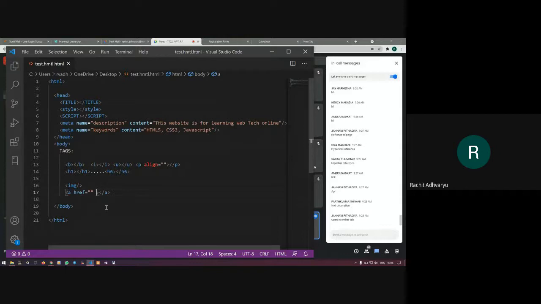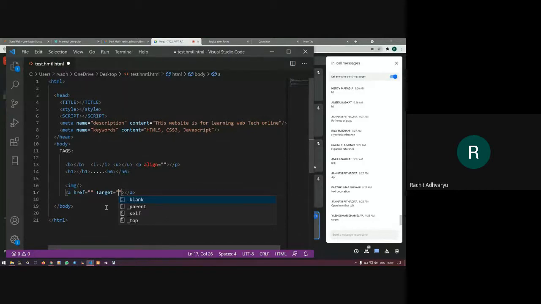So for that, we'll have a target property where we'll write down these 4 values. Either you write down blank, which means it will open this link in a new tab. Parent means it will open it at the same place. It won't open in a new tab. It will just change the URL and directly change your page. Sorry, blank is going to create a new browser window and it will open it there.